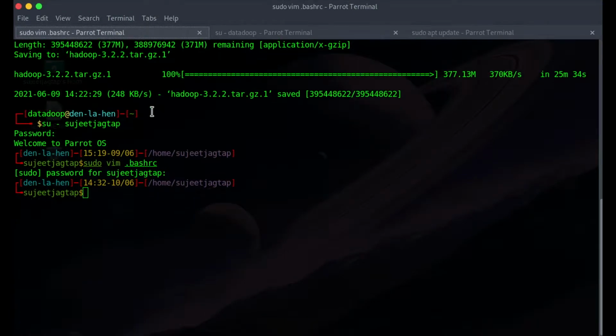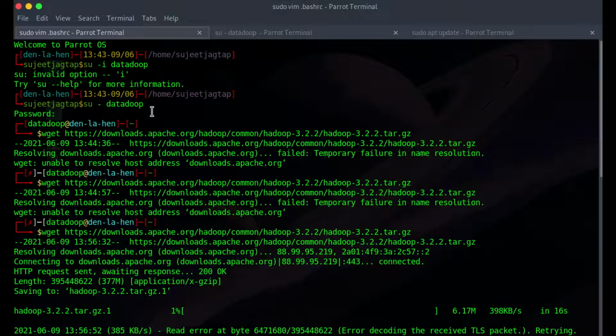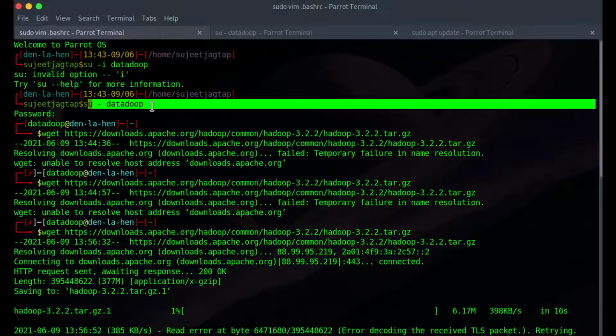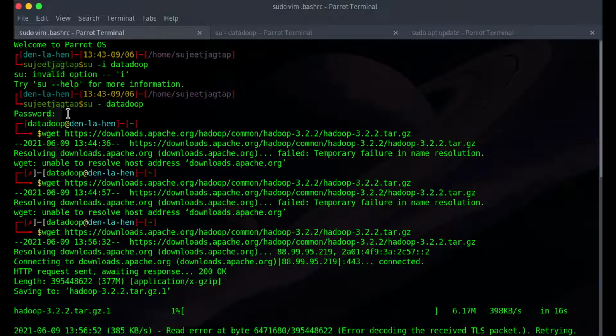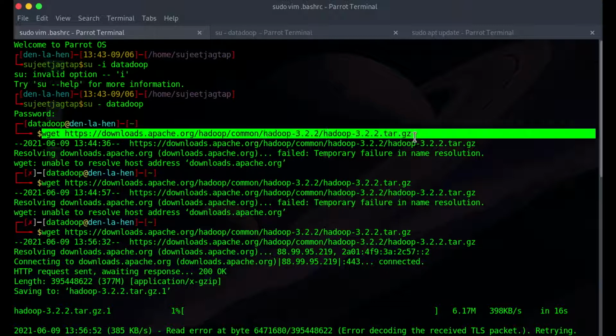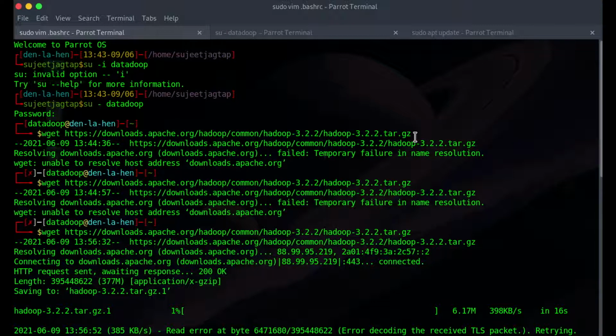So I open a separate tab for that, and what I do is simply get into this new user, that's su - datadoop, and enter the password for it, and you can execute this specific command here to download the latest Hadoop, that will be zipped as .tar.gz, and make sure you download the binary version of the installation and not the source. Okay.